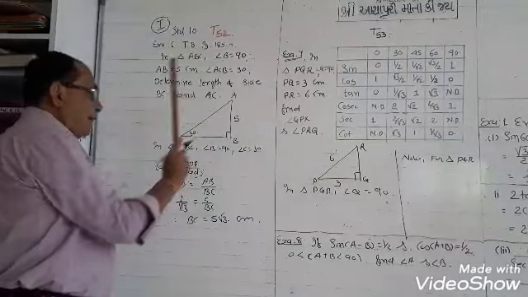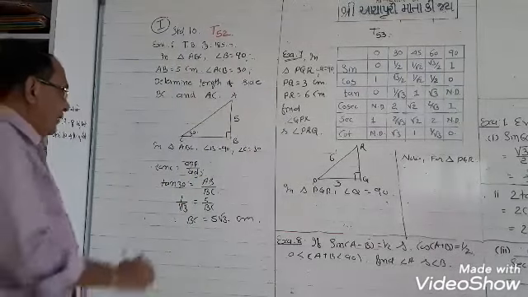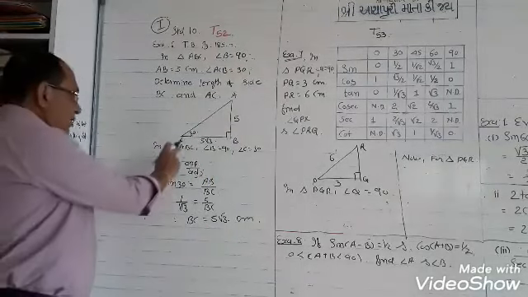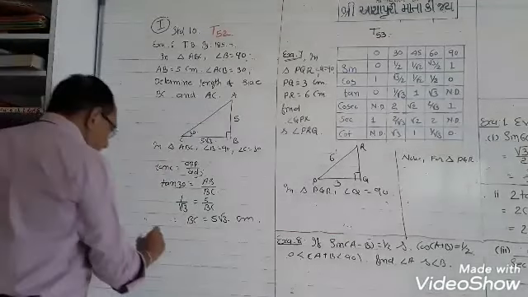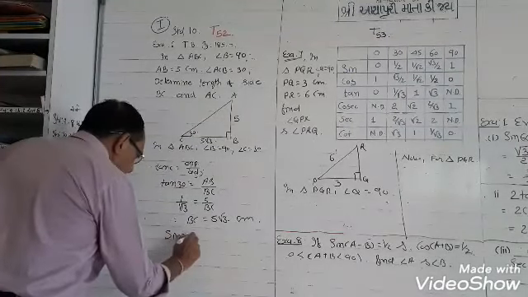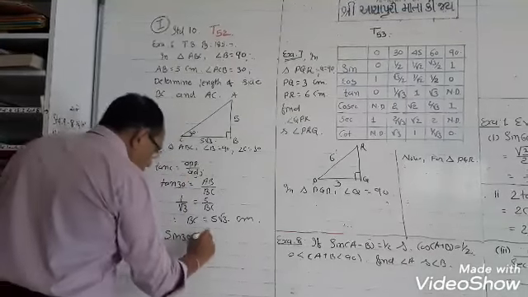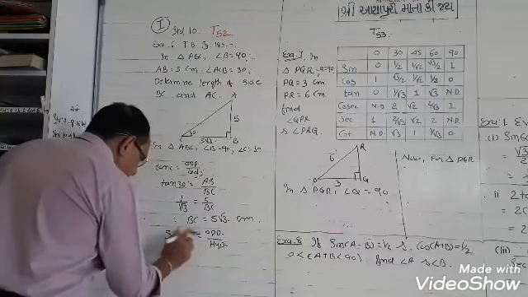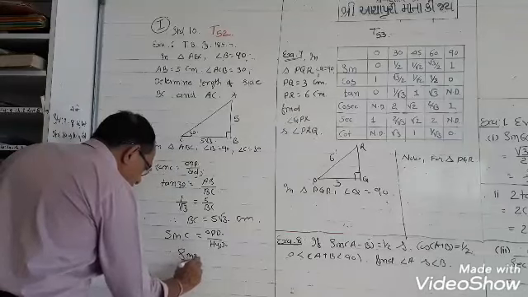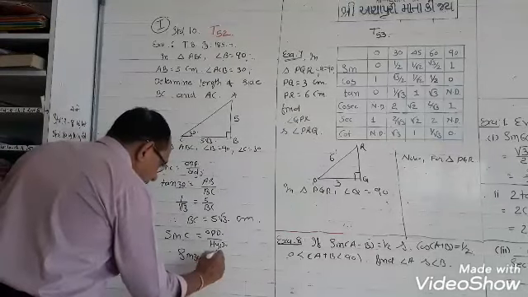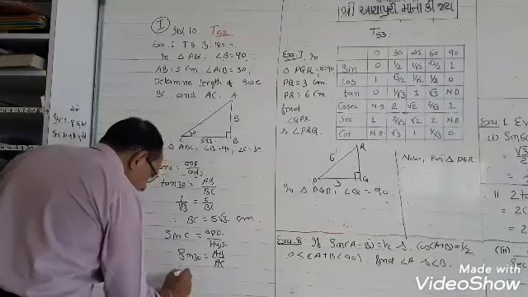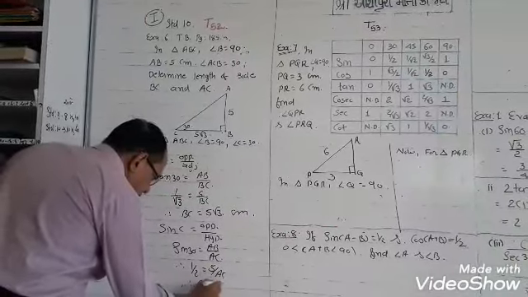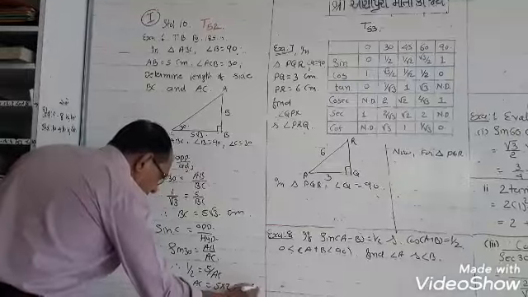Now I want to find this hypotenuse AC. So I will take either sine or cosine, because we have BC also. Okay, I will take sine 30. Sine 30 is equal to opposite side upon hypotenuse, sine C. Sine 30, opposite side AB is equal to 5, AC you want to find, 1 upon 2. AB is equal to 5, so AC is equal to 5 multiplied by 2, which is 10 centimeters.